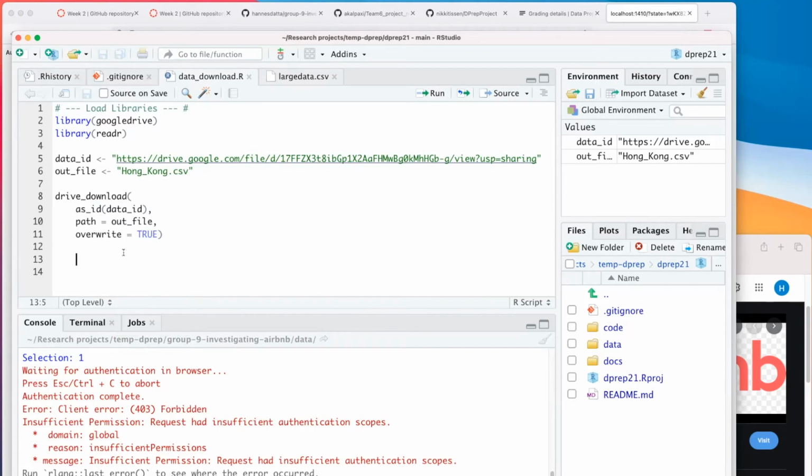Apparently the link is not public, so you may want to check it out and verify. But it's also a structure in which you can work with your thesis advisors, because a thesis advisor may give you confidential data. You'll just put it on Drive, get a link, and that way you can download this